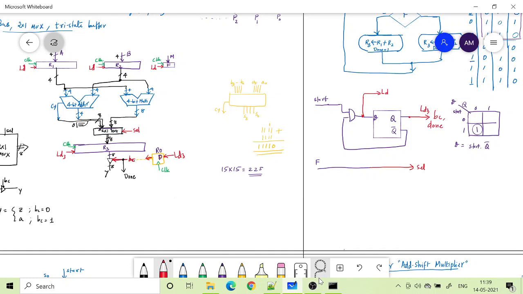Okay, so there is an additional block that here I have added, which I will come into a little later. But what we have seen earlier was that the FSM is a two-state machine, S0 and S1 we can call it, and it will generate load signal, control signals like load, LD, LD3, BC, etc. And we can see what happens if we generate these control signals.